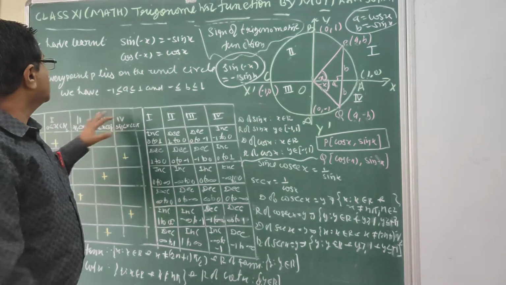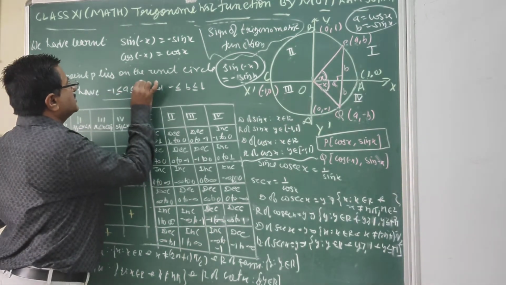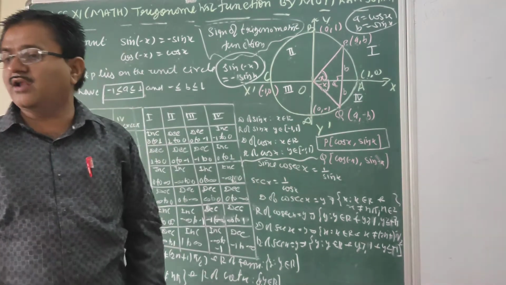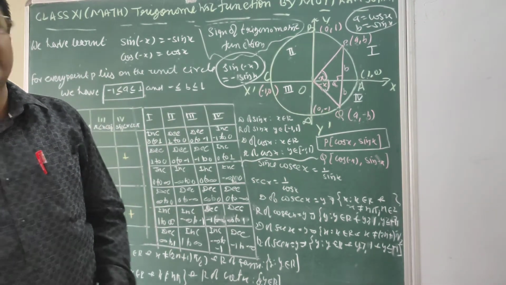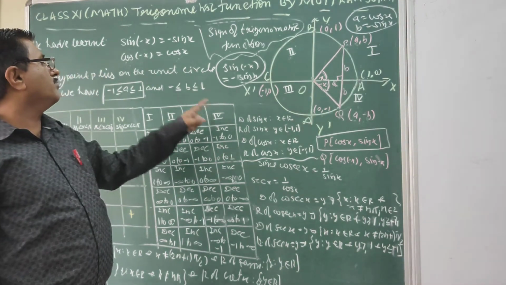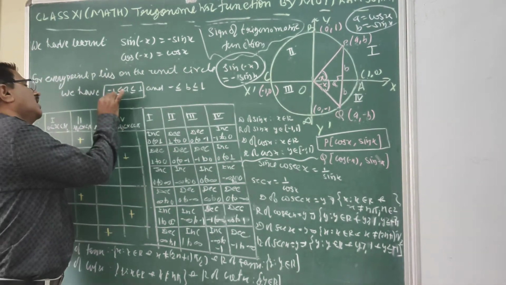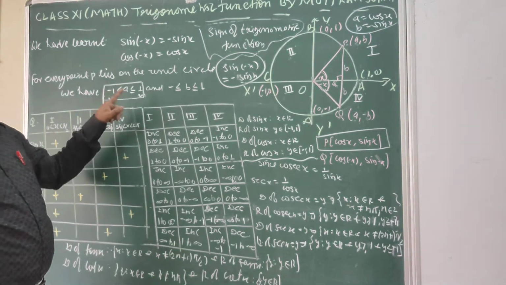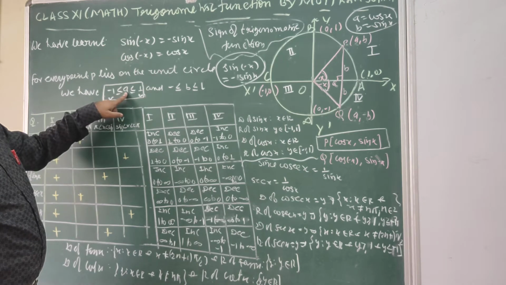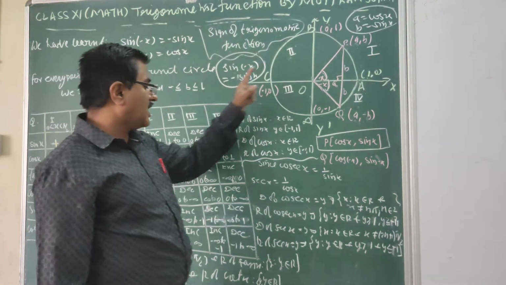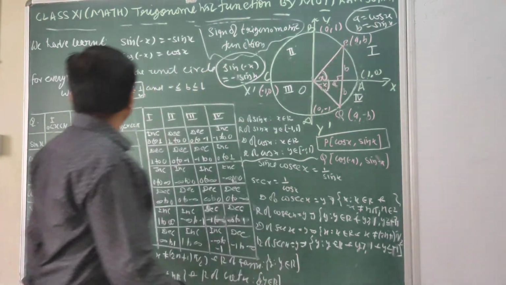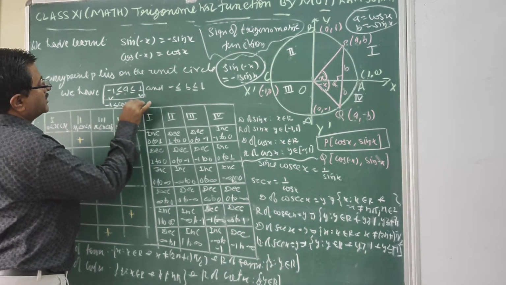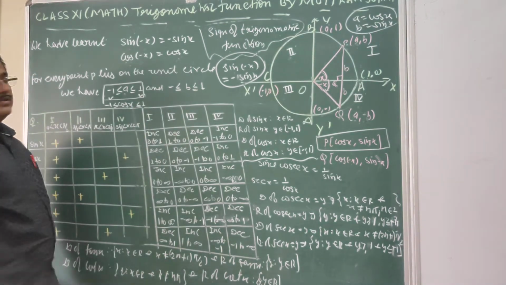So you can say the value of A will vary from minus 1 to plus 1. For any circle or any revolution or any radian measure, the value of A is always minimum minus 1 and maximum 1. Clear? The value of A. Now A is cos x. So cos x is always greater than or equal to minus 1 and less than or equal to 1.